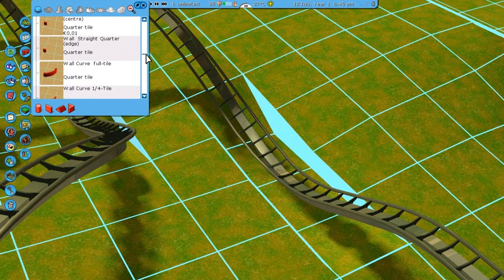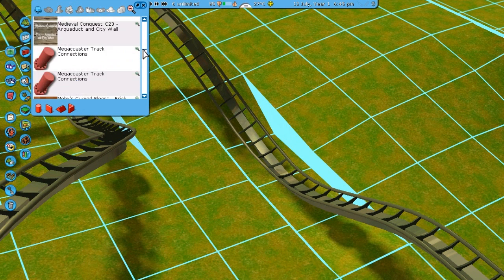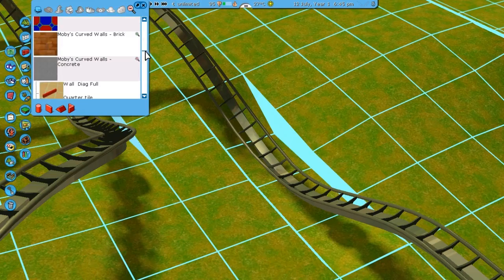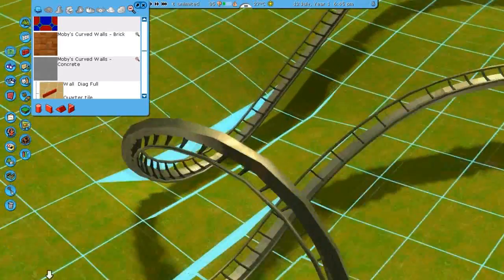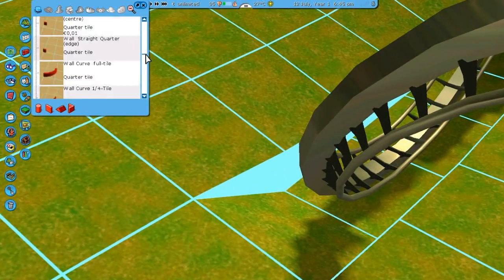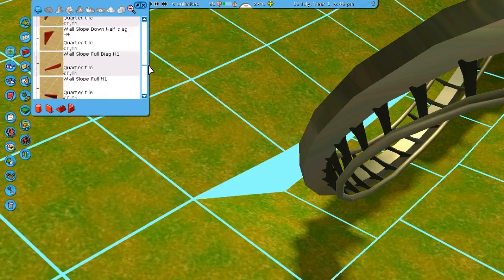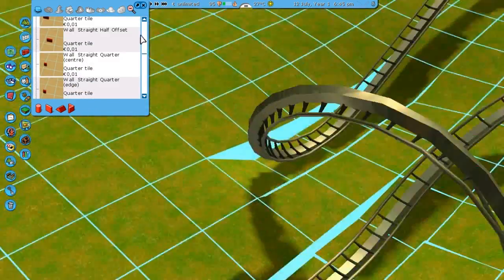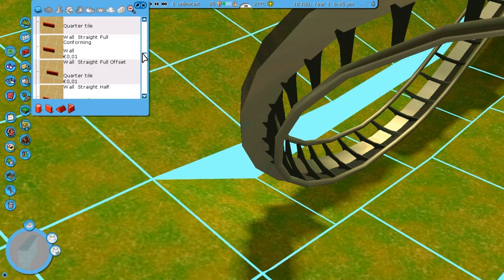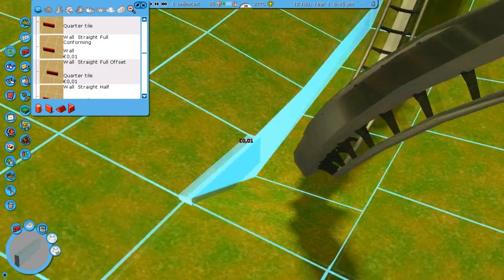You need to get some walls from Moby's. What is this set called? Moby's curved walls. Those are the best walls for this kind of situation, and they have the best texture, and they also have pieces that fit almost every single wall situation you can get. But right now all I need is the straight conforming walls, and